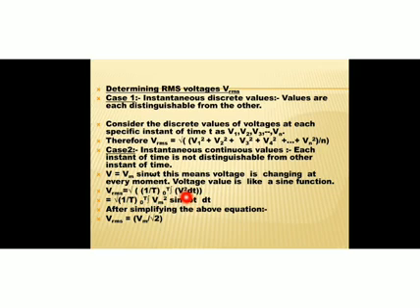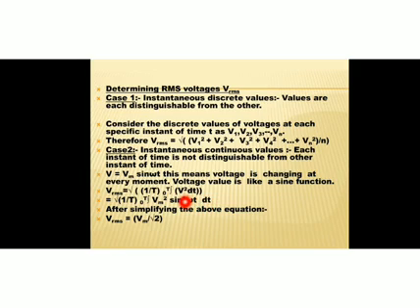Here, instead of v, substitute the instantaneous value of voltage. What is the instantaneous value? Vm sine omega t, so v square is Vm square sine square omega t. When we substitute it, Vm square is constant, so we can take it outside the integral. What is left in the integral is sine square omega t: Vrms equals the square root of Vm square by T into the integral from 0 to T of sine square omega t dt. We need to modify sine square omega t as (1 minus cos 2 omega t) by 2.